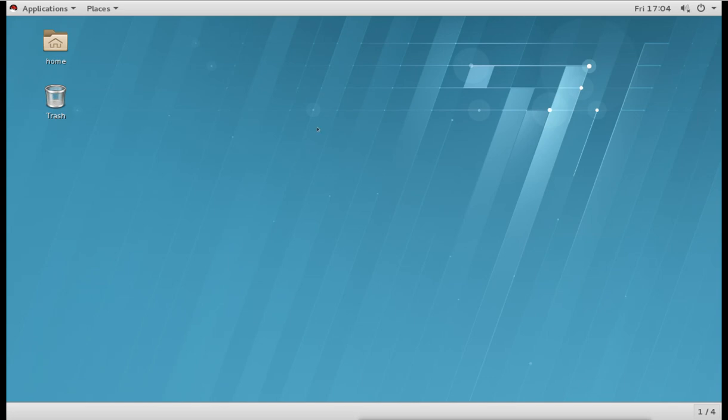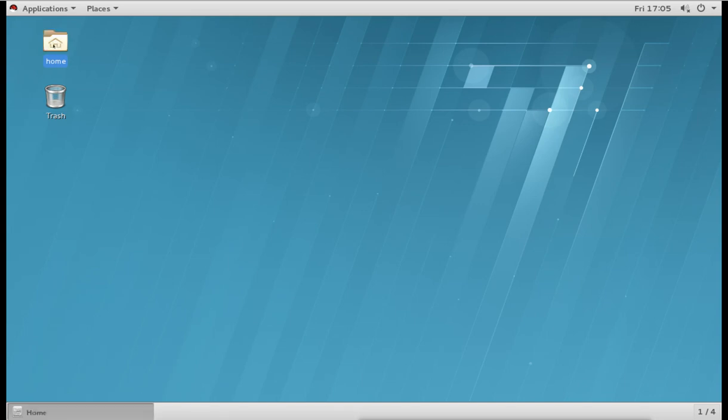Now what we have here on the desktop is the GNOME desktop environment. The GNOME desktop environment looks like this, where you see the desktop screen here, you see the recycle bin here, and you will see the home folder here. The home folder is this user's home folder. That means anything the user saves, on the desktop, or in downloads or documents, all the files will go into this home folder.